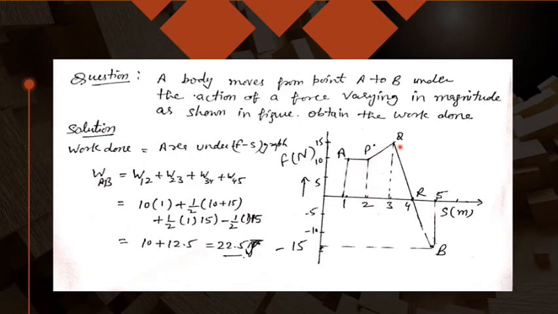Here it becomes a trapezium, so you should know the formula for the area of a trapezium, that is 1 by 2 into this 10 plus 15, the sum of the parallel sides. And this triangle, that is 1 by 2, 1 into this distance, force is 15. So you will be multiplying, and this is negative work, because the force is going on the negative side. So this positive and negative have the same values and they will cancel, and you have to add simply these first two terms to get the answer, which comes out to be 22.5 joule.